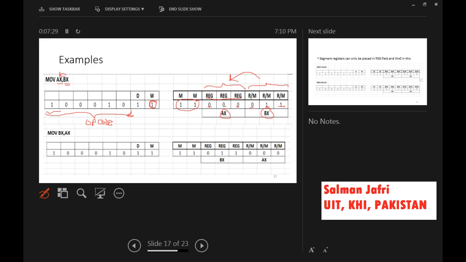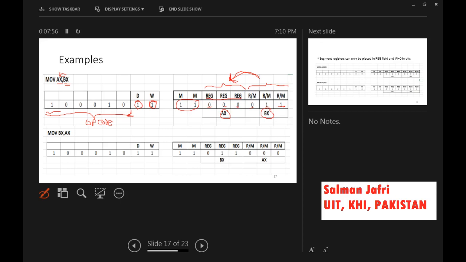So data is flowing out from R/M into the REG. So D is set to 1. So D is always 1 when data is flowing out from the R/M field. So this is the combined machine language code for the assembly language instruction move AX,